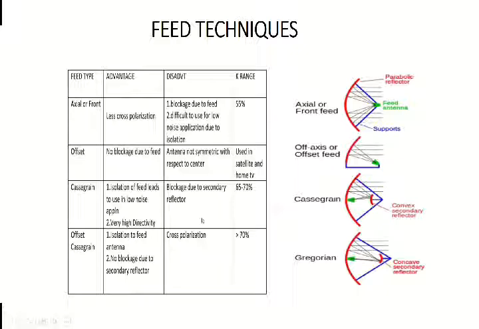That becomes a disadvantage. Likewise, blockage due to the secondary reflector becomes a disadvantage here, but isolation of the feed leads to low noise application. Also, this Cassegrain feed is an important feed because it provides very high directivity. Again, here there is isolation of the feed antenna, and there is no blockage due to the secondary reflector, but it introduces a cross reflector. That is why we do not prefer the offset Cassegrain or the Gregorian method in general. And the K range, as we have spoken, is a constant dependent on the feed antenna, that is 55%. This is used in satellite and home TV in general. Offset is generally preferred, and there is 65 to 70% and greater than 70%.